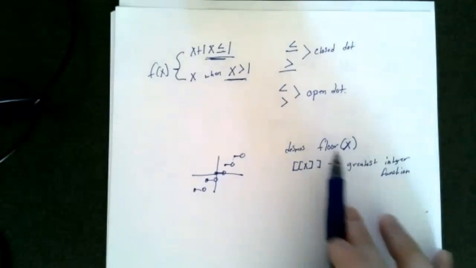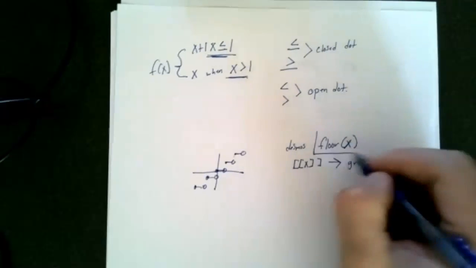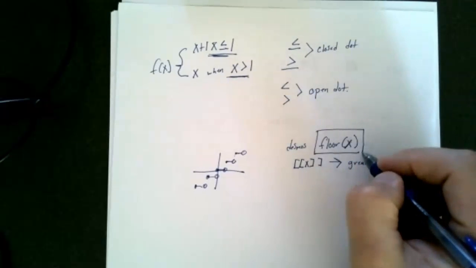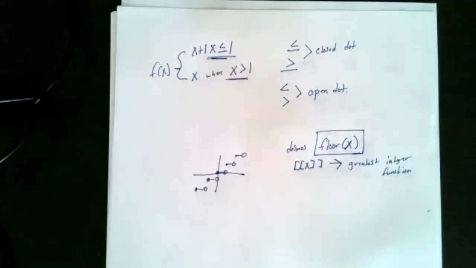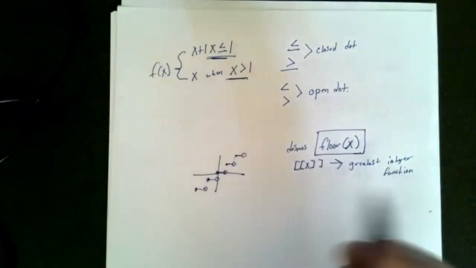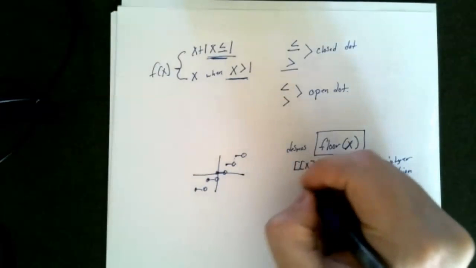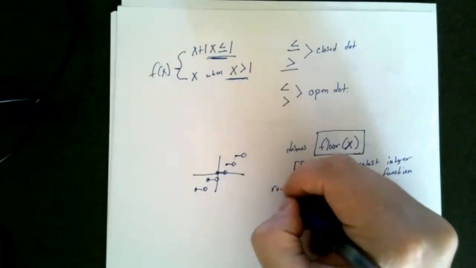Once again, the cheat to put them into Desmos is you have to use floor of x. And I'll show you how to do that. Okay, the greatest integer function. Like I said, it kind of looks like a staircase. This is an example of it. What this means is that we're going to round down